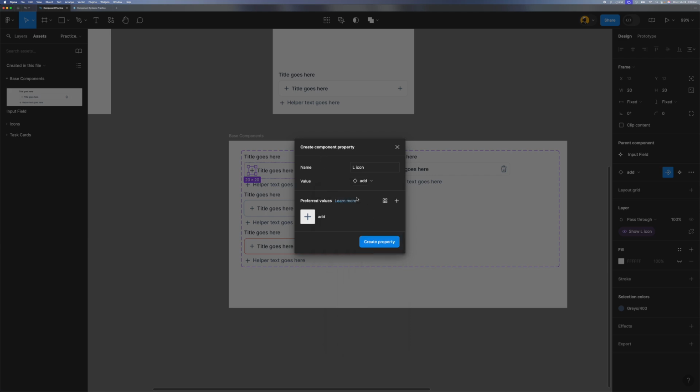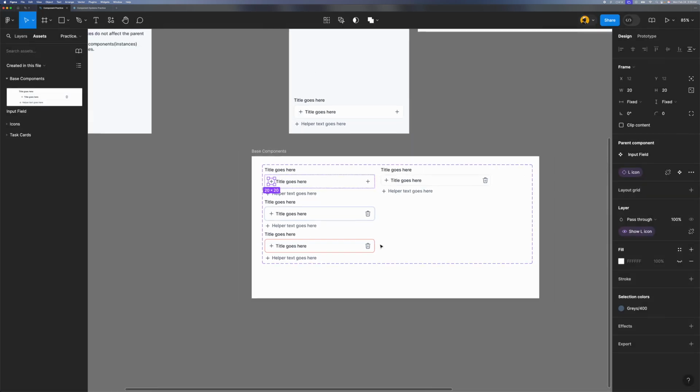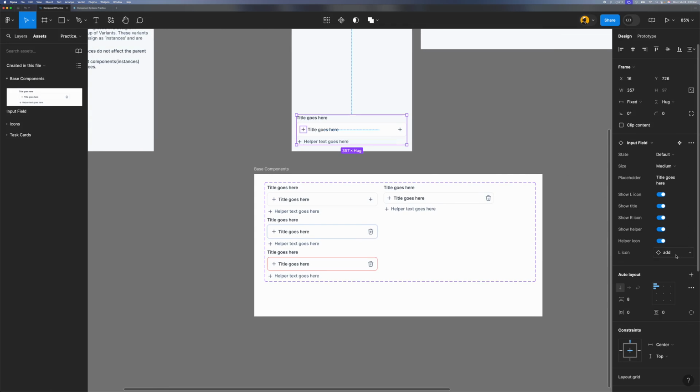And I can tell Figma that I want you to check the sets in this preferred value here. Preferred value basically means which areas should I prioritize when I want to swap. Obviously I can check other areas of the file too, but I want you to prioritize the section that has this guy here. So I'll just click on create property. And if I go here, as you can see, left icon, I can just easily swap my content. And if I swap to this trash set, the trash set will have its own